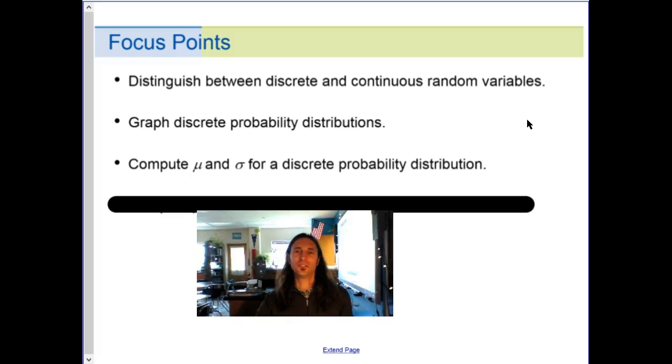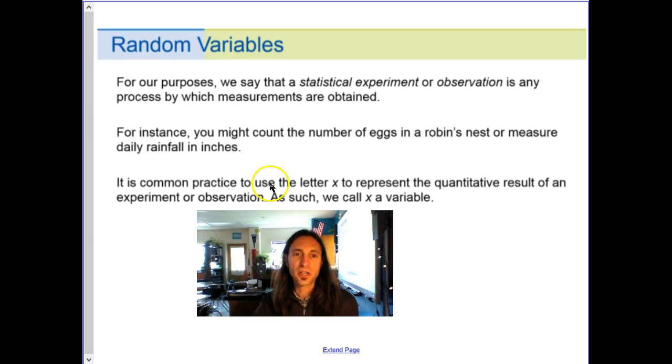Hey there, statisticians. This is the beginning of Chapter 6, where we look at distributions and see how we can calculate probabilities of events happening. What I want to focus on, first of all, is that experiments and observations are how we get data. When we get that data, we can analyze it and process it and look at the probabilities of something happening. For instance, the example here might be counting the number of eggs in a nest, or measuring something such as